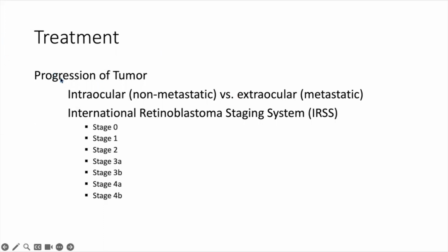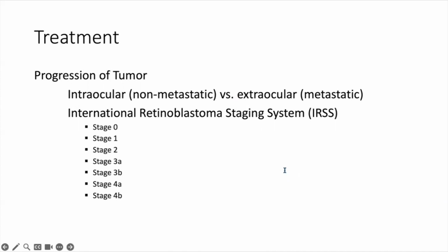Stage 0 refers to unilateral formations that are still present without the eye being removed. Stage 1 refers to unilateral that has been enucleated with clean margins. Stage 2 refers to unilateral tumor formations that have been enucleated without clean margins. Stage 3 and 4 are divided into A and B. Or 3A describes